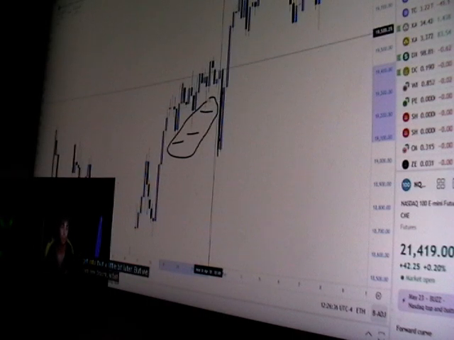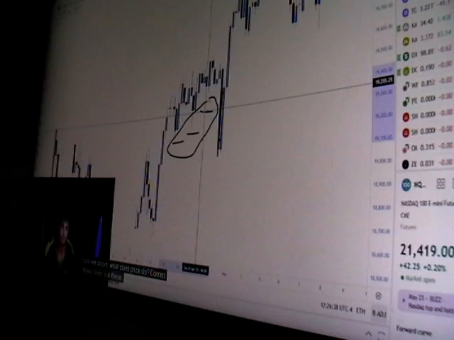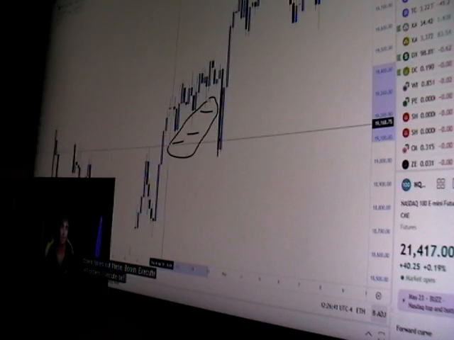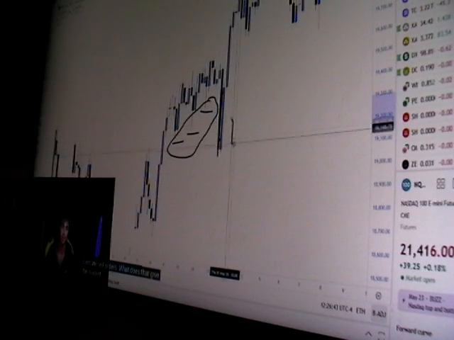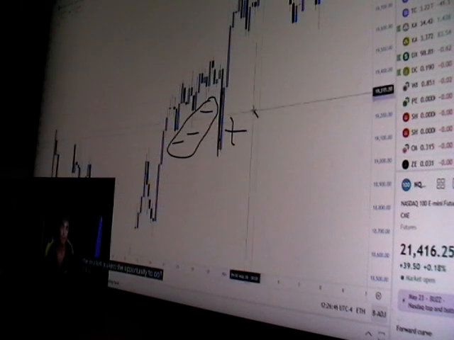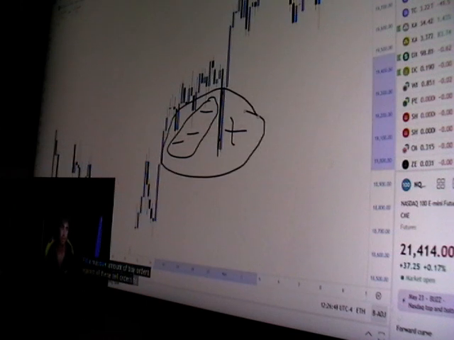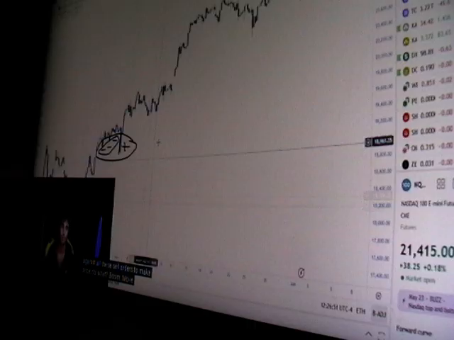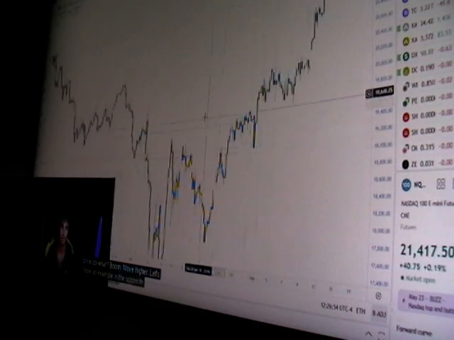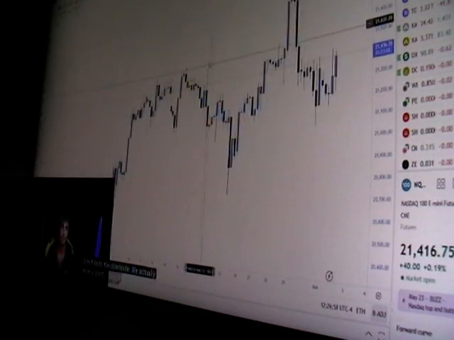But we can see, boom, what does price do? Comes down, takes out these, boom, executes sell orders, executes sell orders, executes sell orders. What does that give the market makers the opportunity to do? Fill a massive amount of buy orders against all these sell orders to make price do what? Boom, move higher. Let's show an example in the opposite direction. To the downside, we actually have a good example right here.